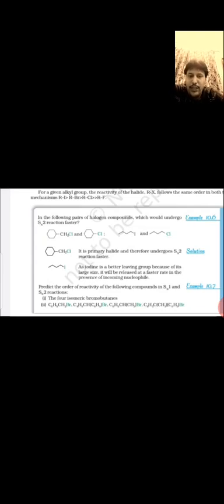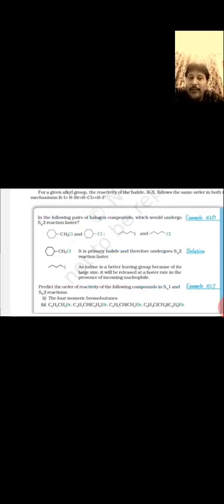So there are two pairs, right? From the first pair, if you see the degree, because the halogen is fixed, the point here is based on degree, right? So the CH2Cl part is the primary halide, that's why it undergoes faster in SN2 reaction, right? And the second one is actually a secondary halide, that's why it does not undergo faster.